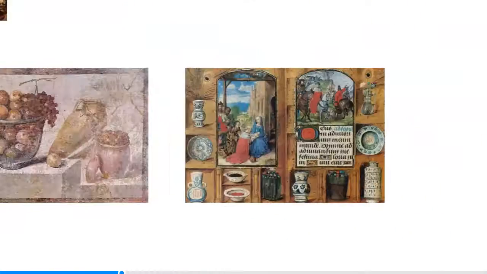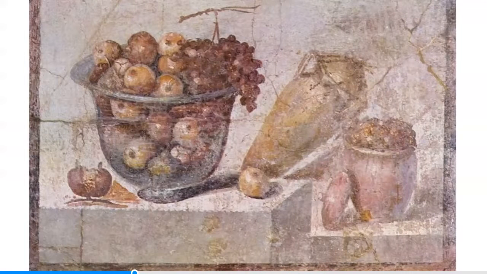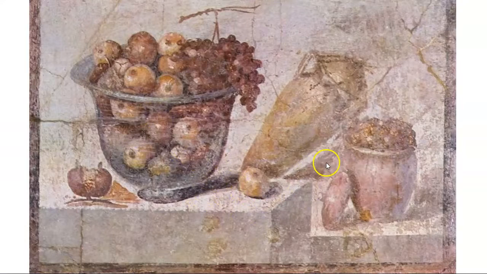That's a real challenge, and some artists go up to that. The very first still lifes were kind of accidental. They were filling up space, and so they would put little things like dishes and flowers. And I think it was the Greeks who did this to decorate their house. They just painted right inside the fresco. Look at the difference